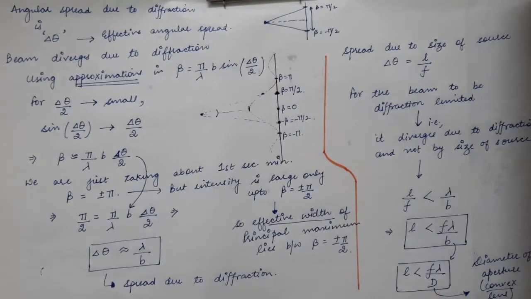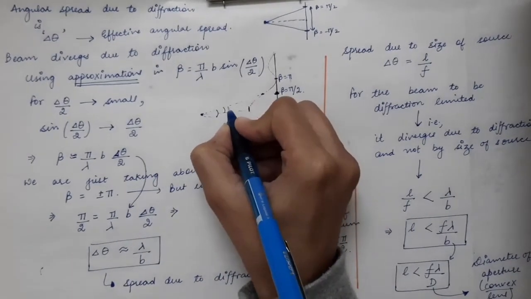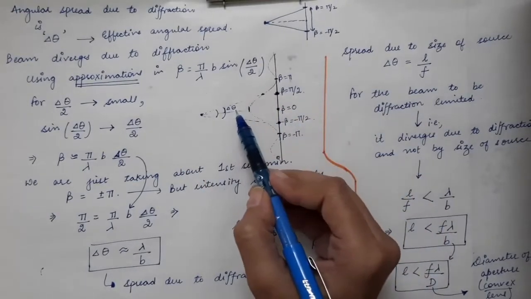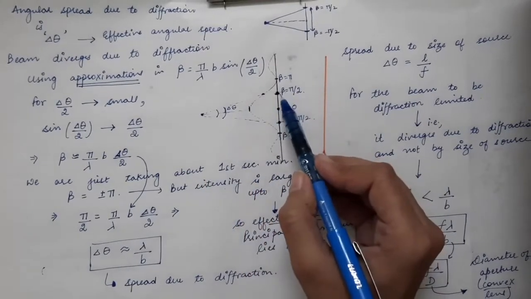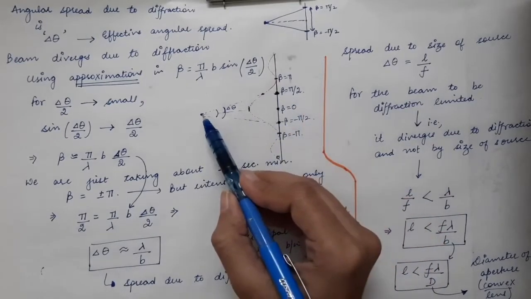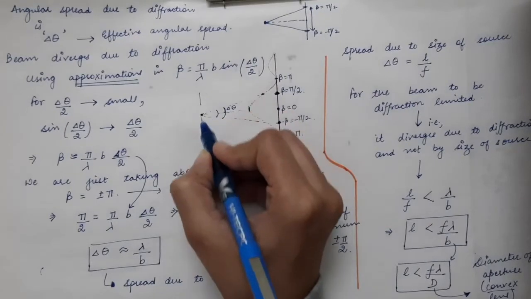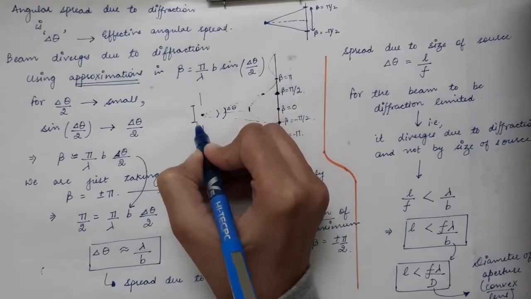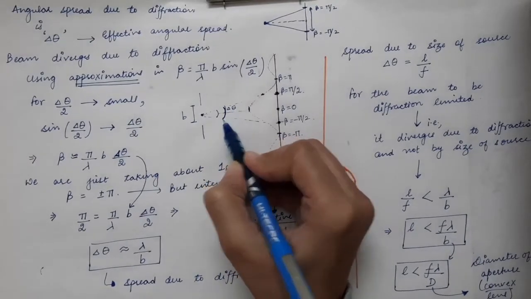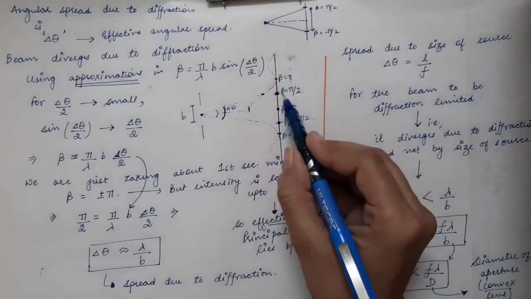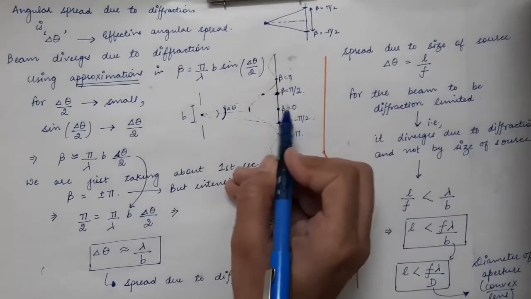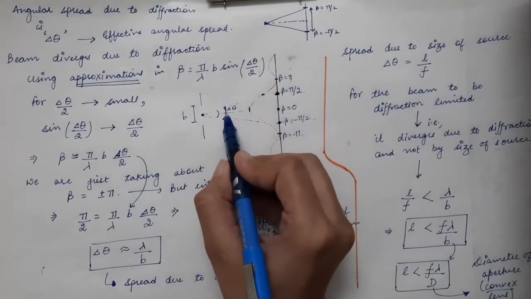So now we are going to find this delta theta, this whole angle delta theta. This delta theta is the angular width. It is the angle which is made by these 2 points at the center of the slit. So this is the slit, and the width of the slit is given by small b. So this angle which is made by these 2 points, that is beta is equal to plus pi by 2 and minus pi by 2, is made at the center of the slit.